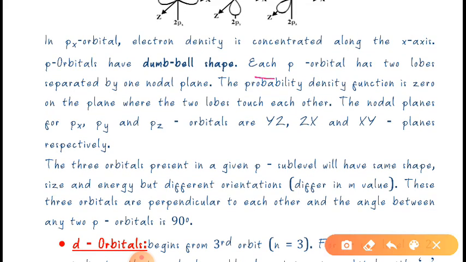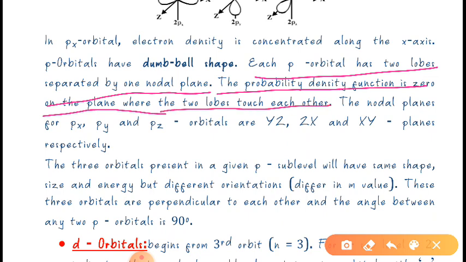So as you can see, each p orbital has two lobes separated by one nodal plane, as I have shown you, and the probability density function is 0 on the plane, and the two lobes touch each other, okay. And now this nodal plane for px, py and pz is